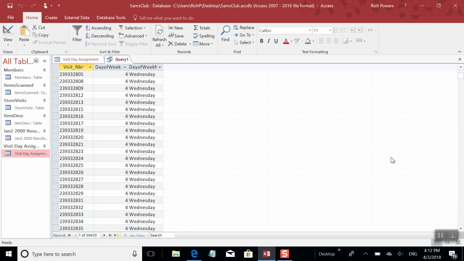Okay, so that's just an example of something you can do to add information into the tables as part of your analysis. So the idea is now we can go back and do some further analysis on this and say, okay, this is how many people came in on Wednesday versus how many came in on Tuesday. This is the zip codes of the people who came in on Wednesday versus the zip codes of the people who come in on Sunday. All right. So